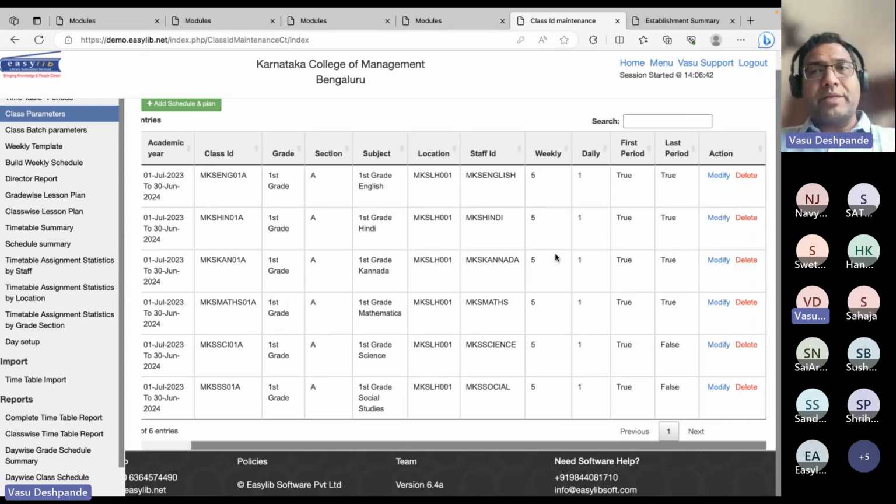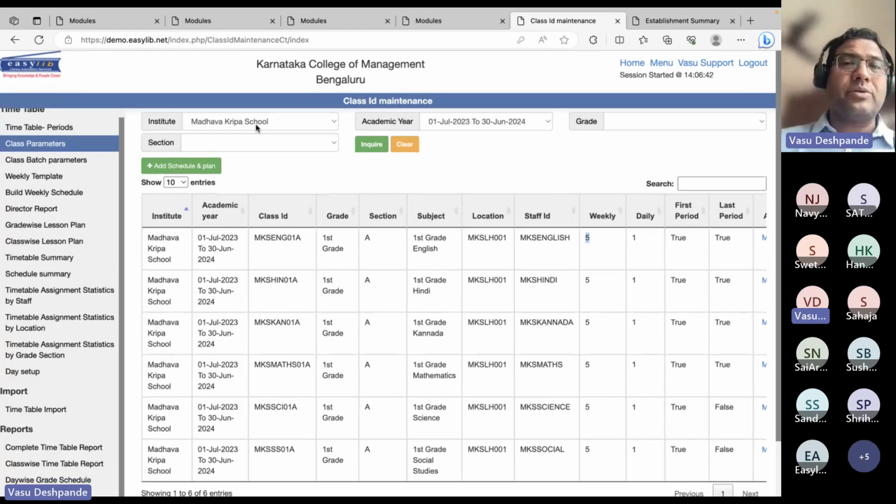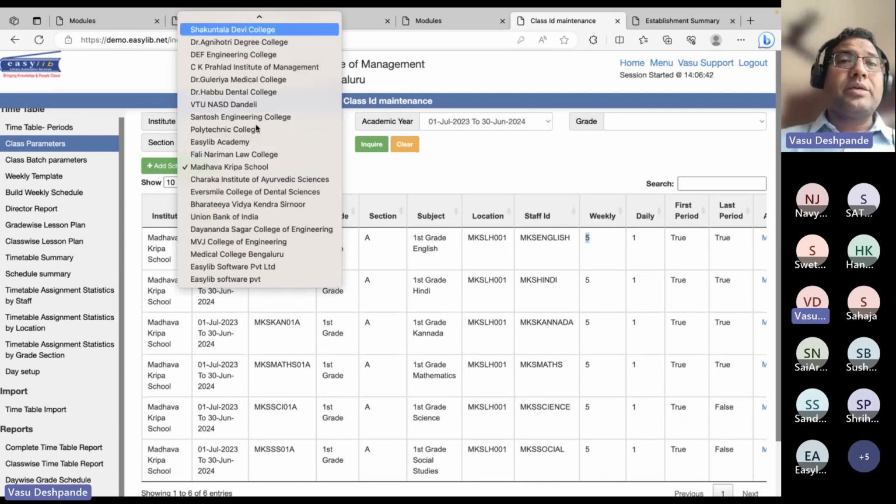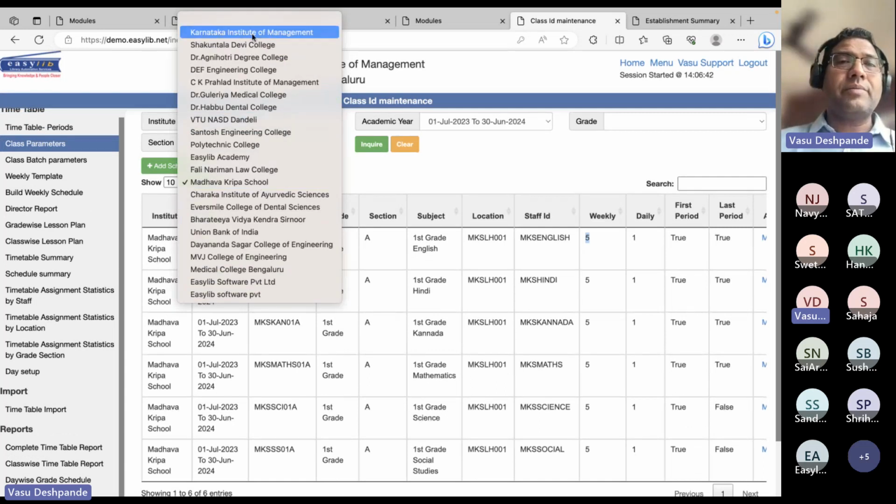Number of periods in a week, how many classes maximum daily, whether it can be first period, last period, all of that can be set up. And in some of the primary schools, the first language is going to have 10 classes in a week and each day not more than 2 classes. So here you will set up 10 classes and daily maximum 2 classes. All those parameters can be set in Easylib. So this was the Madhav Krupa. Now if I go to the Shakuntala Devi College,